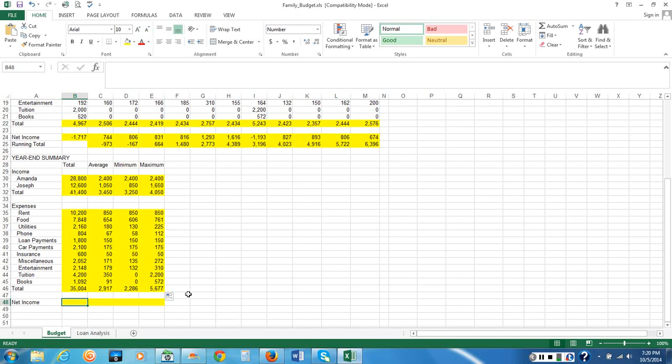So let's just do a formula. We're just going to manually type this in. So all formulas and functions start with the equal sign. Type in the equal sign. Click on the cell that represents the total income, which is cell B32. Type in a minus sign, which is represented by a hyphen. Click on the cell that represents the total expenses, which would be